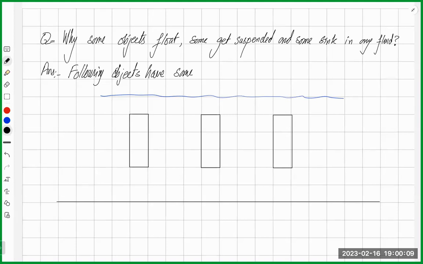Okay, excuse me. Now, these are three identical objects. Following objects have same dimensions, so they all have same upthrust but different weights. So they all have same upthrust,